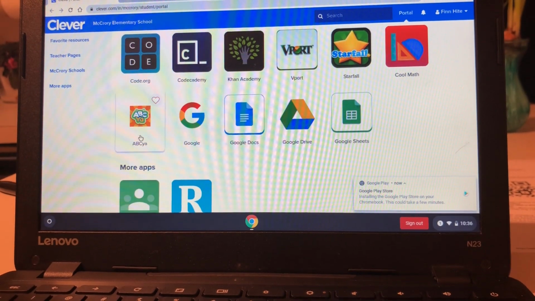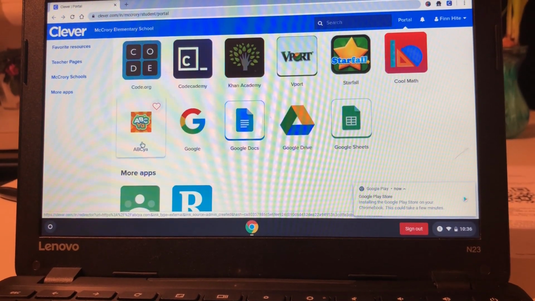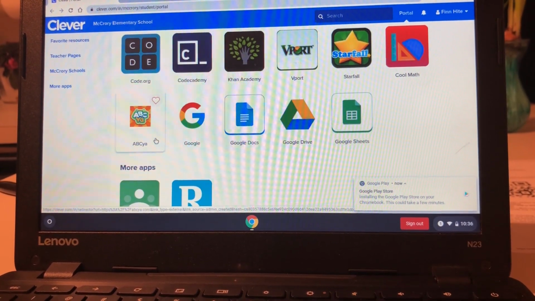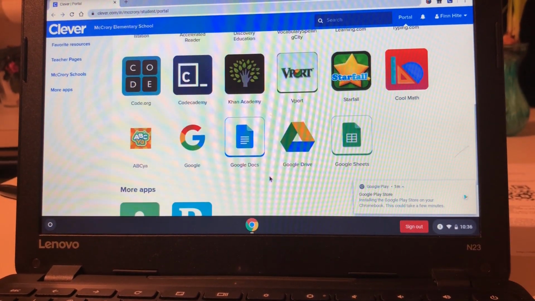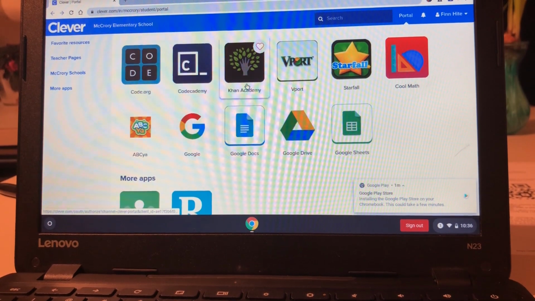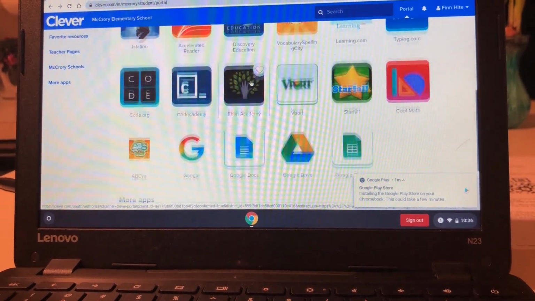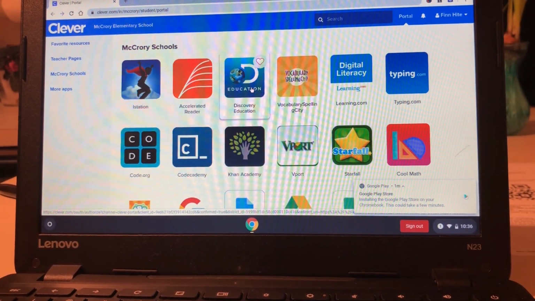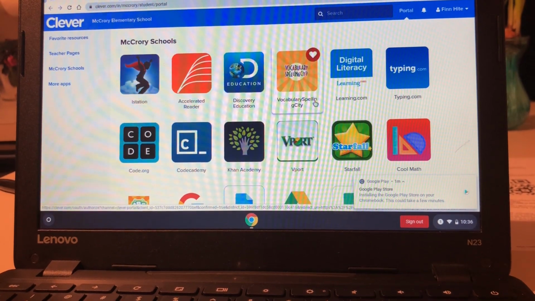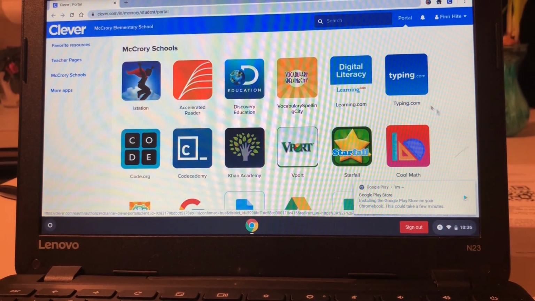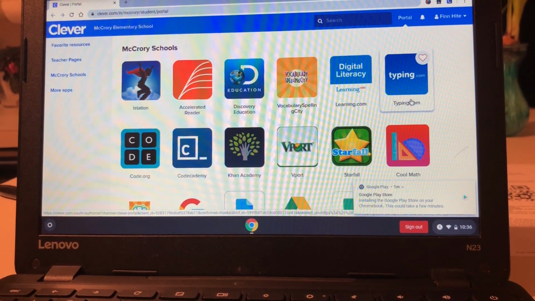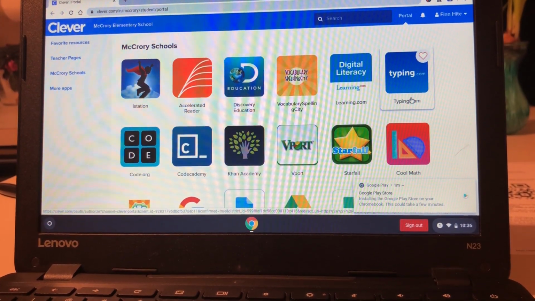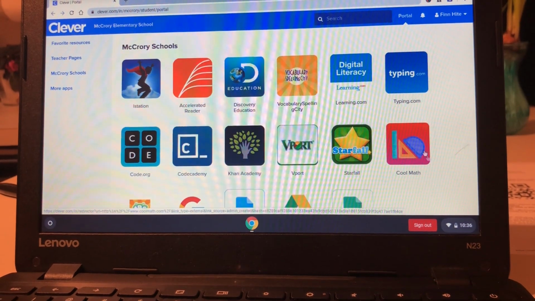So they might know that ABC has some cool games on it that are educational. I know that it does because my kids play it at home. And so there's just some different things on here. Khan Academy is a math app. There are also some things you might want to check out, like vocabulary and spelling. This is a typing app. These are all going to be educational resources that you can use while you're